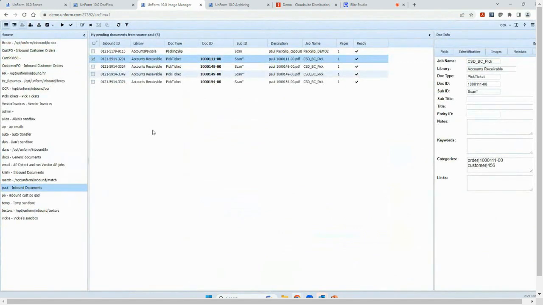So Image Manager, again, is the tool we're using to capture documents and the data within those documents. That data is then used to index it in the system, link it back to other documents that share the same index information, and in some cases, extract the data from those documents to turn it into electronic transactions, to minimize the amount of data entry required to get something into the system.